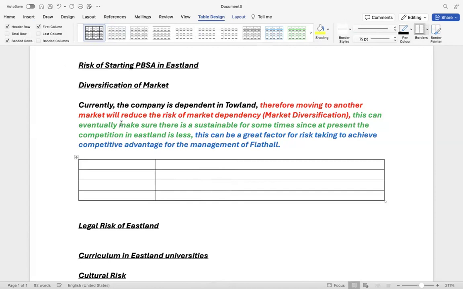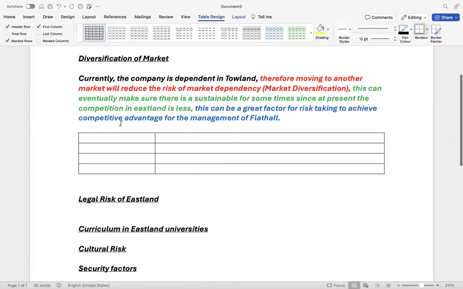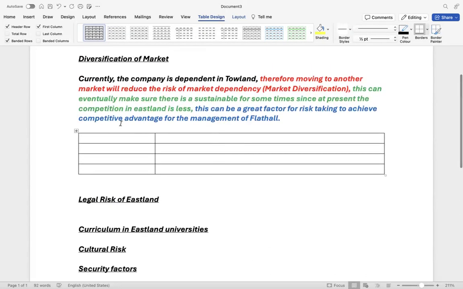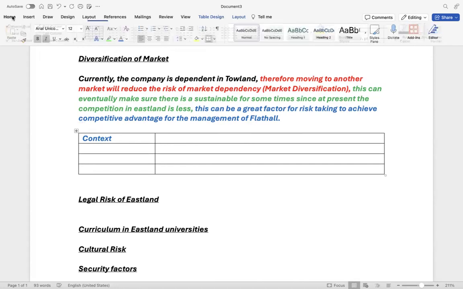So students, now when you go to the exam, I said there are two types of question. One question is technical question. One question is business question. So in the business question, always when you're starting, you write the context. Business question, you have to always start with what, students? Context. Now, context is what is the issue or what is the situation? The situation you have to initially start with. Do you see the black color ink, students? The company is dependent on Thailand. That is the current situation.